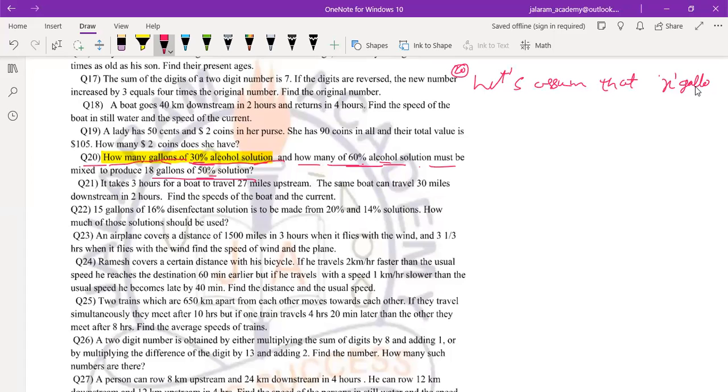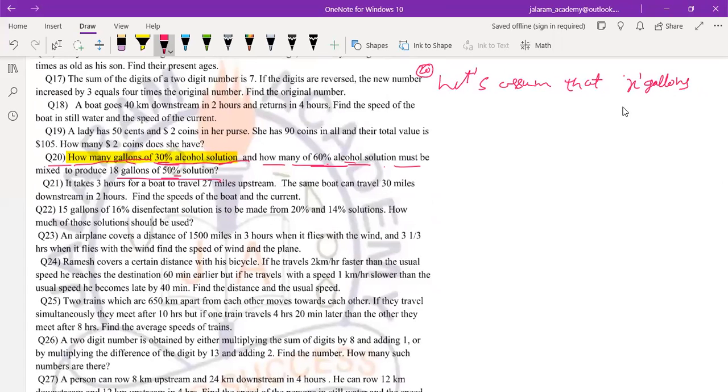Gallons is also a unit of volume. Let's assume that X gallons of first type, the 30% alcohol solution, which contains only 30% alcohol and other impurities,